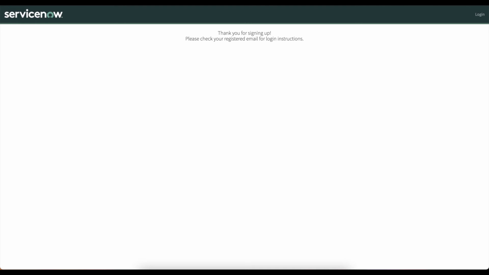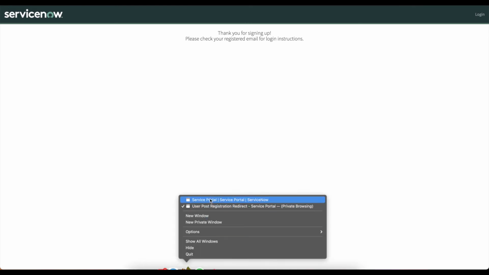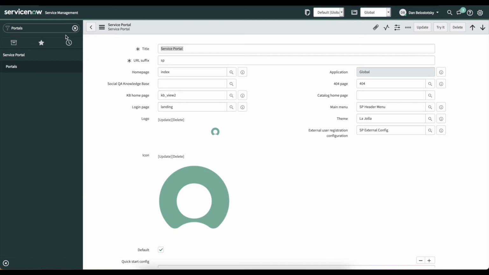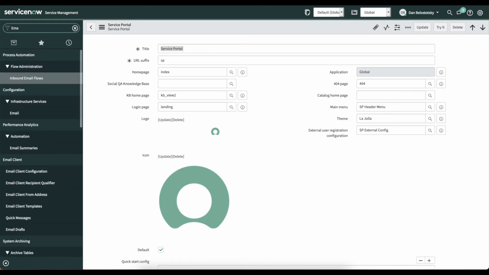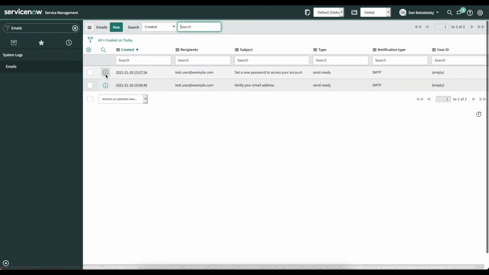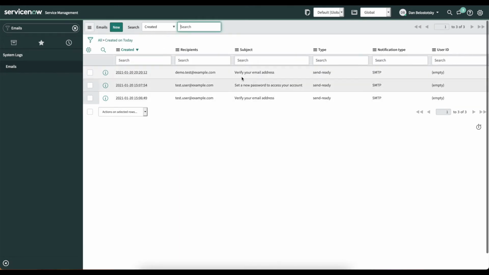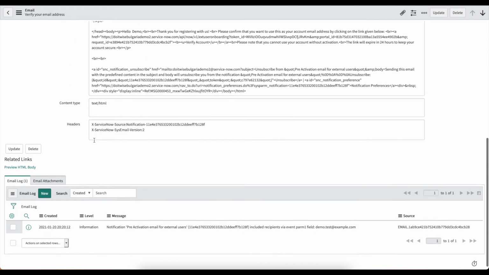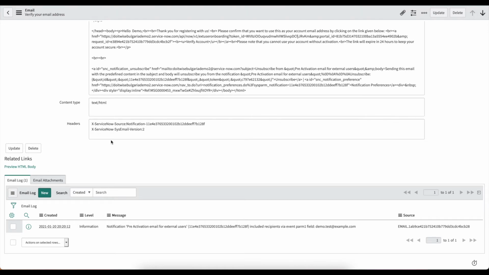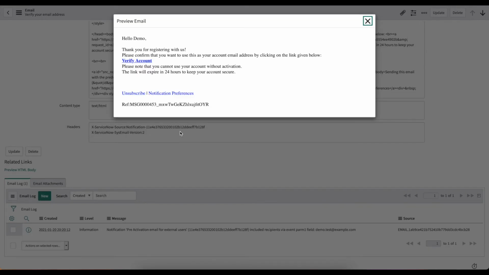Once we've submitted that, we will go back to the platform and have a look at the emails log. Now, normally you will get an email, but just to shorten the demo, I will go with logs and show you the outcome. It might take a few seconds and you will need to refresh, but there you have it: Verify your email address. That's the first step. So I'll preview the email. The same email will be sent to your email client. As you can see here, we're getting the first email, which is asking us to verify our email address. I'll copy the link